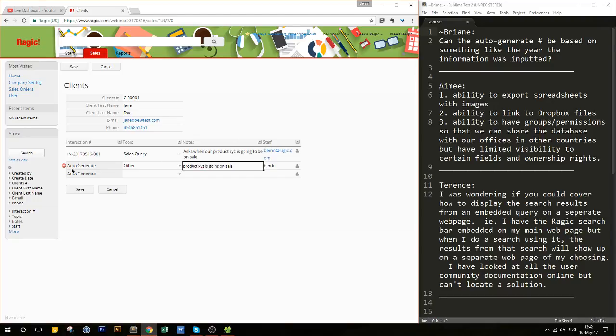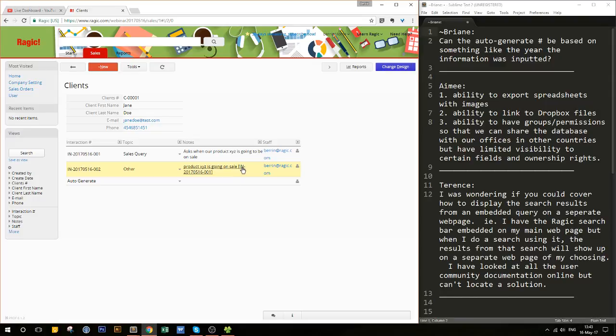And I want to refer to this interaction, right? So actually, the easiest way to do that is while you are doing data entry, you can just add square brackets and write the interaction number. So this is the easiest way, but I'm gonna touch upon how to automate this as well. So if I wanted to link directly to something, then I can just save that in square brackets, and when you save that, you'll see that it turns